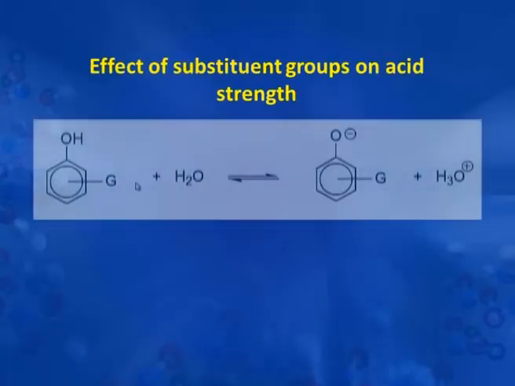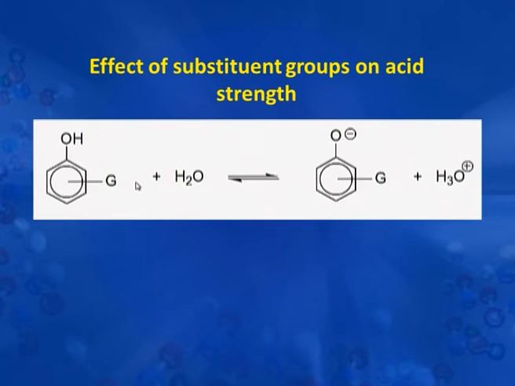We will now discuss the effect of different substituents on the benzene ring upon the acidity of phenol. See, phenol, if it is not substituted anywhere in the benzene ring, is acidic in nature. Now, if the benzene ring is substituted by some electron withdrawing group, then it will have some effect upon acidity. On the contrary, if we have some electron releasing group, then what will be the effect of those electron releasing groups upon the acidity of phenol? This we are going to discuss now in this particular slide. In this slide, we will discuss the effect of substituents on the benzene ring upon the acidic strength of phenol.